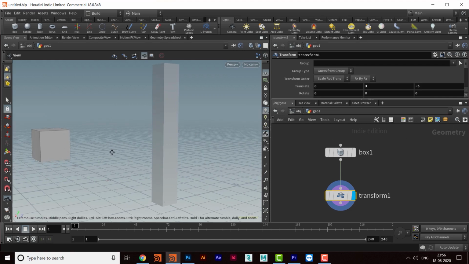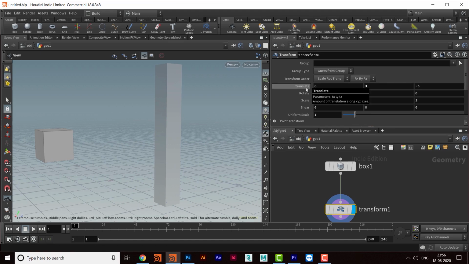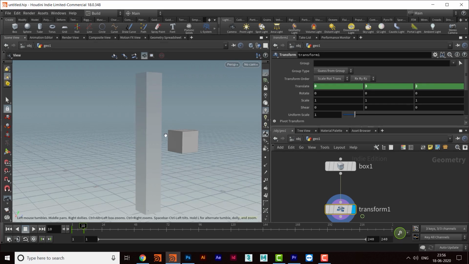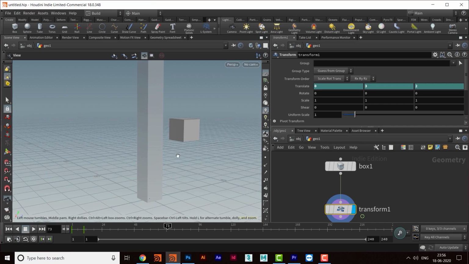Okay, so I will also animate this. So I'll go at first frame, come here, press alt and left click at translate. Okay, so then the key will be there at first frame, and now I will go to 10th frame and change the slider to be at 10th frame, and then here I will make the value of z to be 2. Okay, and then press alt and left click here in the translate. Okay, so the animation is like that, and that will be enough for whatever we are doing today.